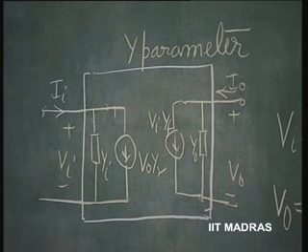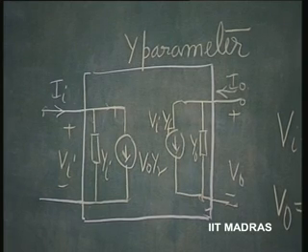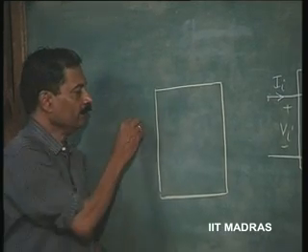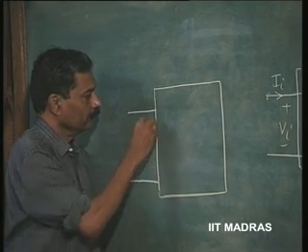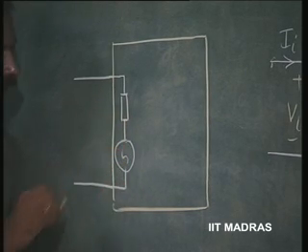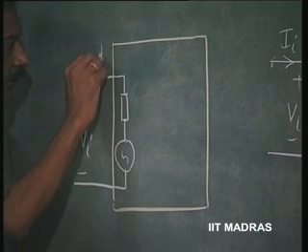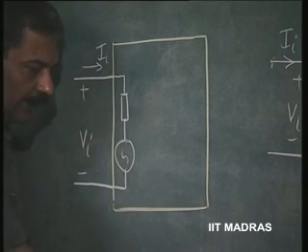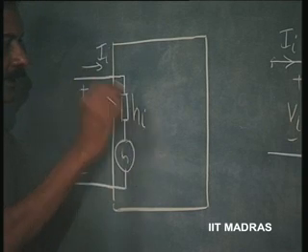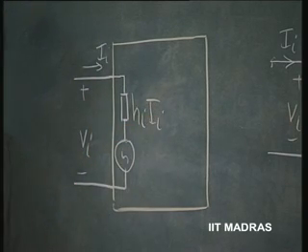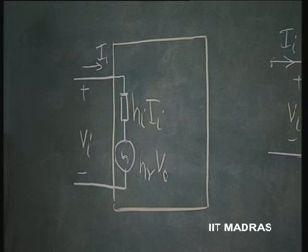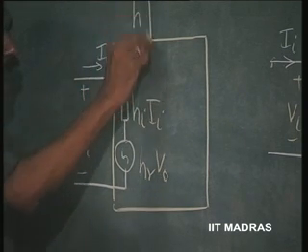Now, the hybrid variety, we have once again Vi and II at the input represented as two voltage sources, sum of one voltage with another voltage, this voltage being HI times II dependent upon input current and this voltage being HR times V0 dependent upon output voltage. This is corresponding to H parameter.